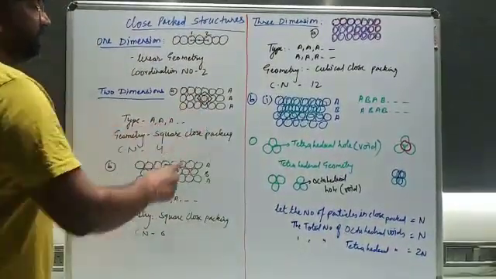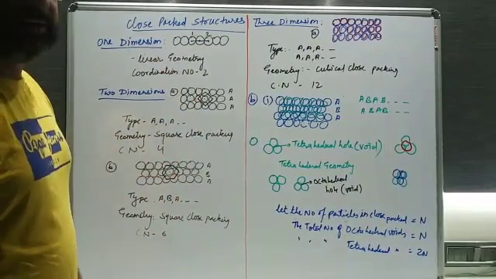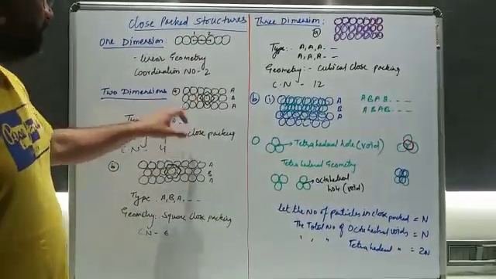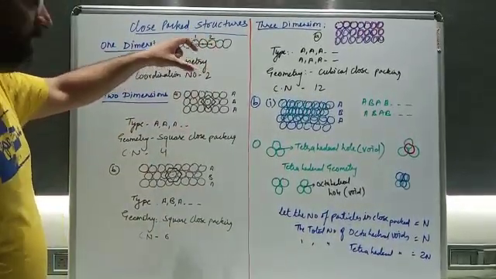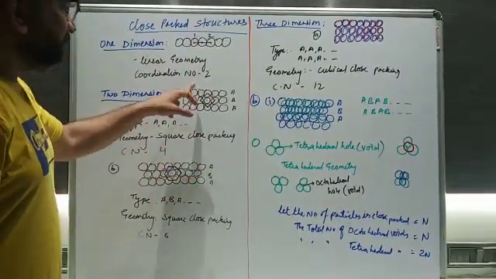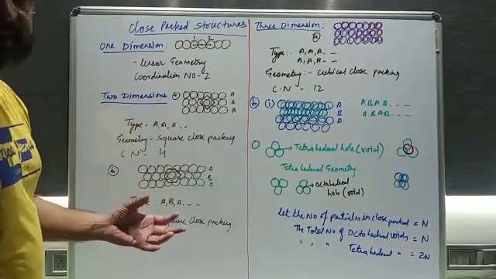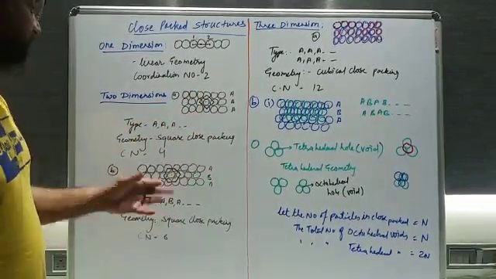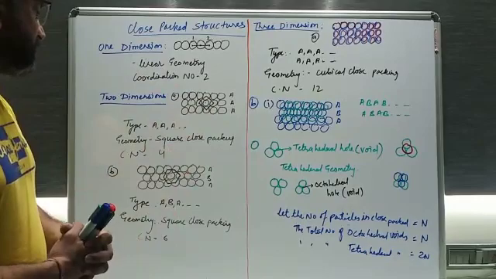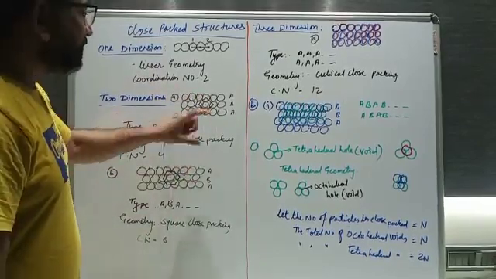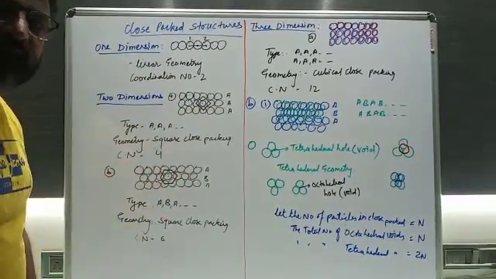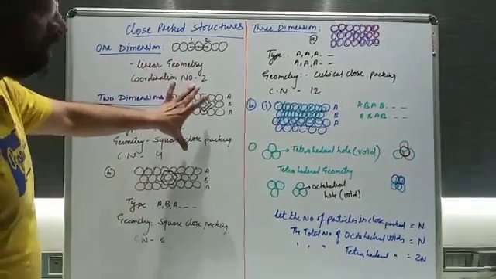Now we'll see if you take the central particle, this one, then how many particles are connected to this one? So 1 2 3 4 particles are connected. So here the type will be AA type. Here there is no type because it's only the linear geometry. Okay, beta. So here the type will be AAA type. Clear? Now what will be the geometry? It is giving a square because all the particle sizes are the same, so it will give rise to the square geometry. So it is called a square close packing structure because all the particles are closely packed. Now how many particles are attached to this one? There are 4 particles attached to this one, so that's why the coordination number will be 4. Okay, so this is the one part of the 2 dimension.